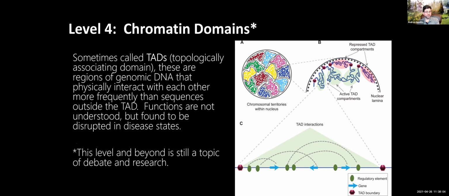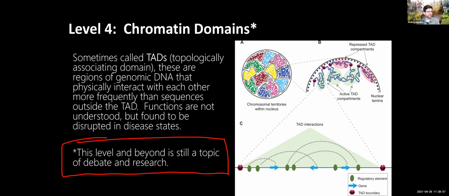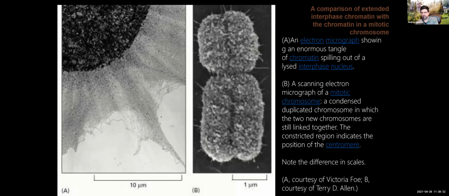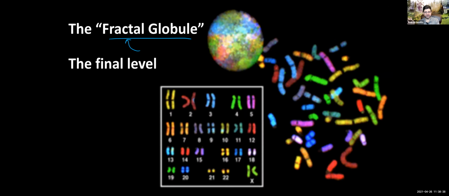So this level and beyond is still a topic of debate, current-level research. If you like this stuff, this would be going into molecular biology and then nuclear architecture. There are several groups in the country that study nuclear architecture. One's at Cold Spring Harbor National Lab up in Long Island. Okay. And I'm gonna skip all the rest of this stuff, but there's your fractal globule. There, each chromosome gets its own color, and you can see the pretty picture there. That's pretty amazing stuff. Okay.